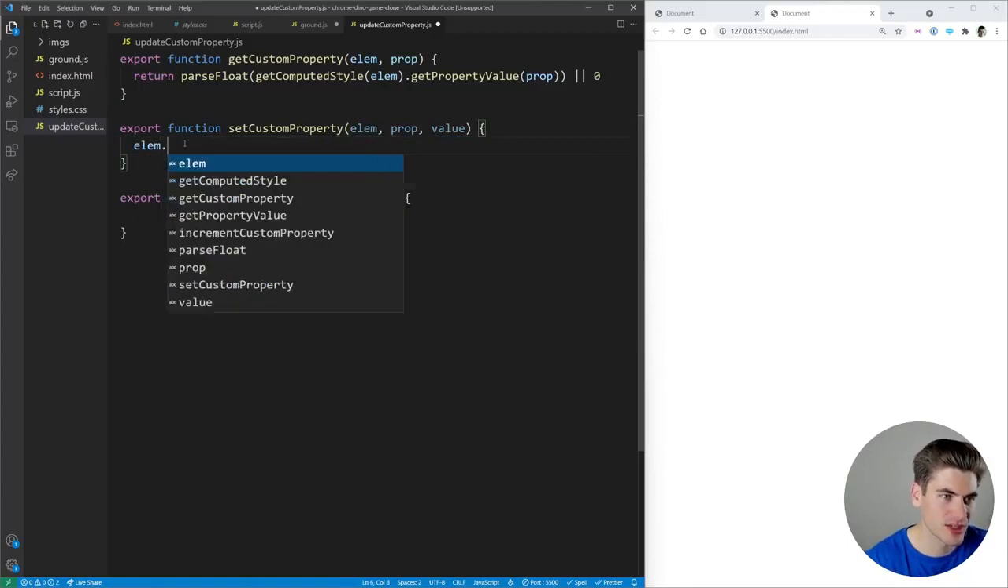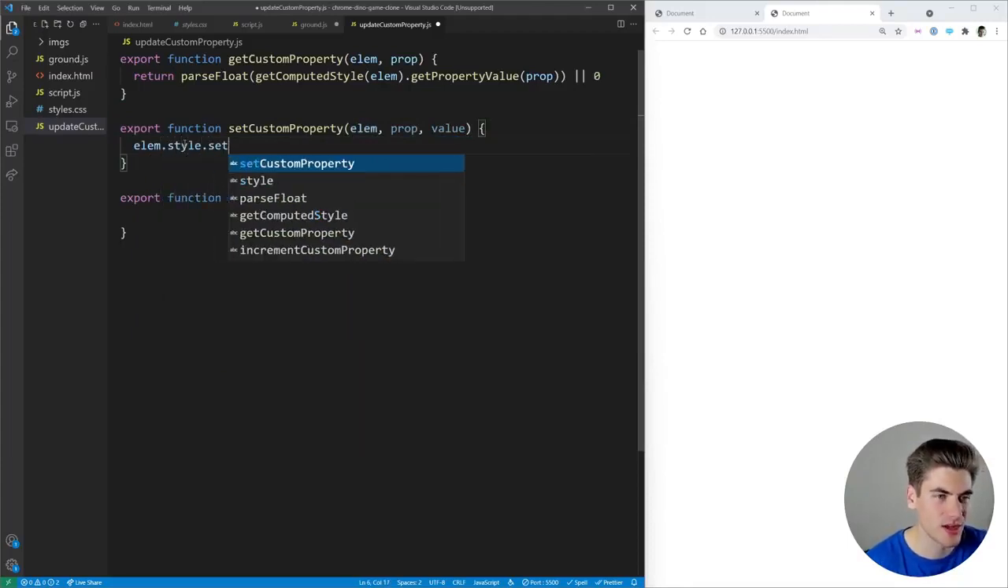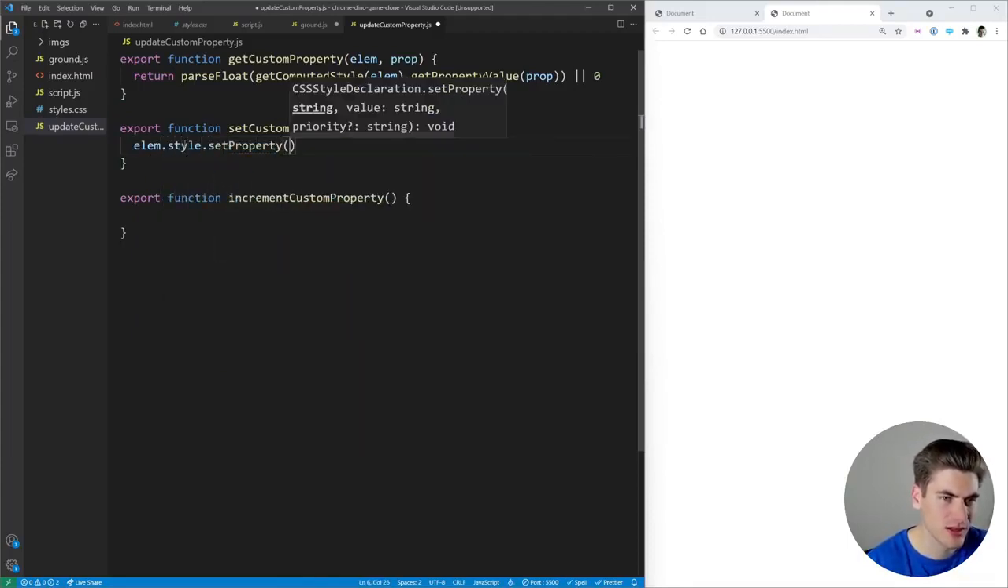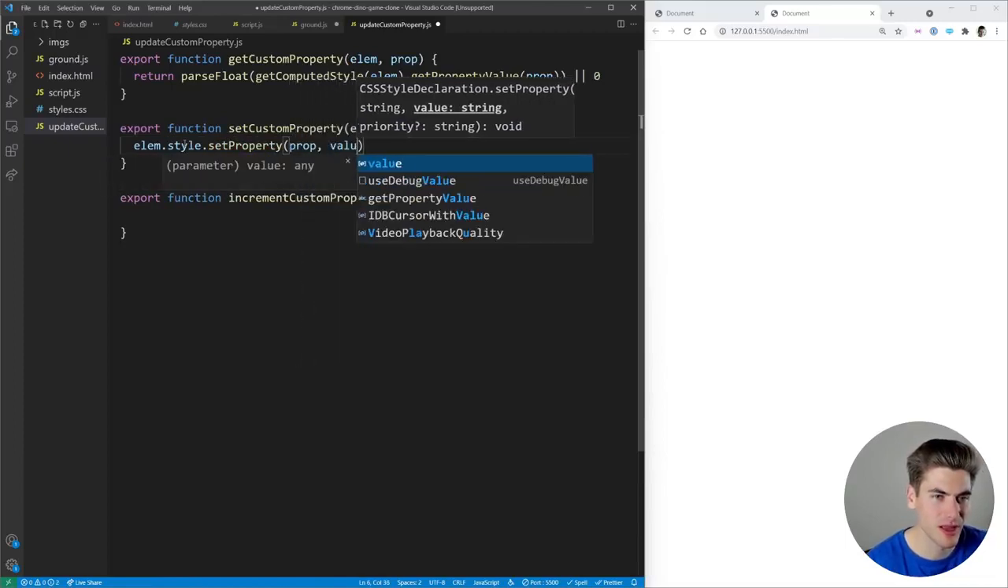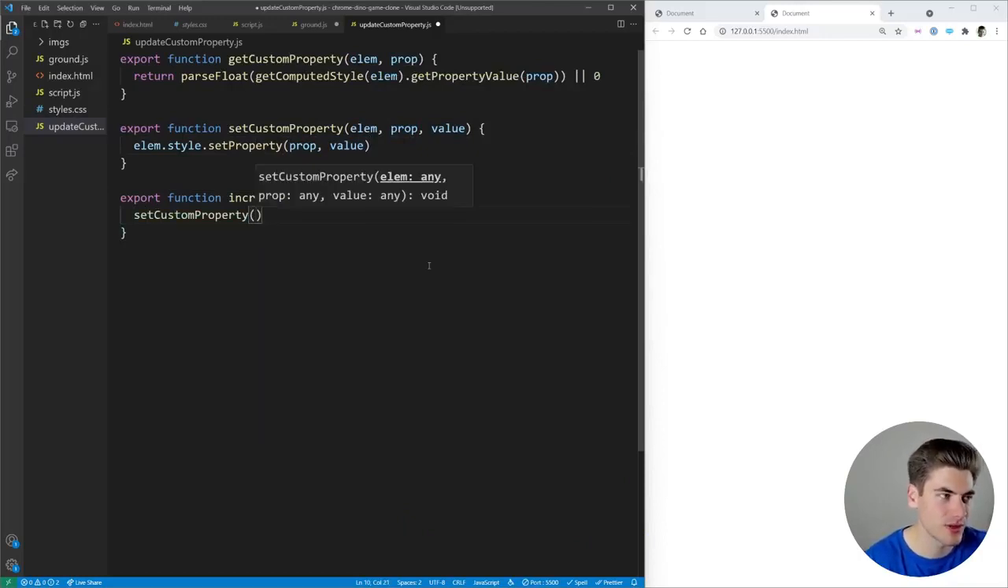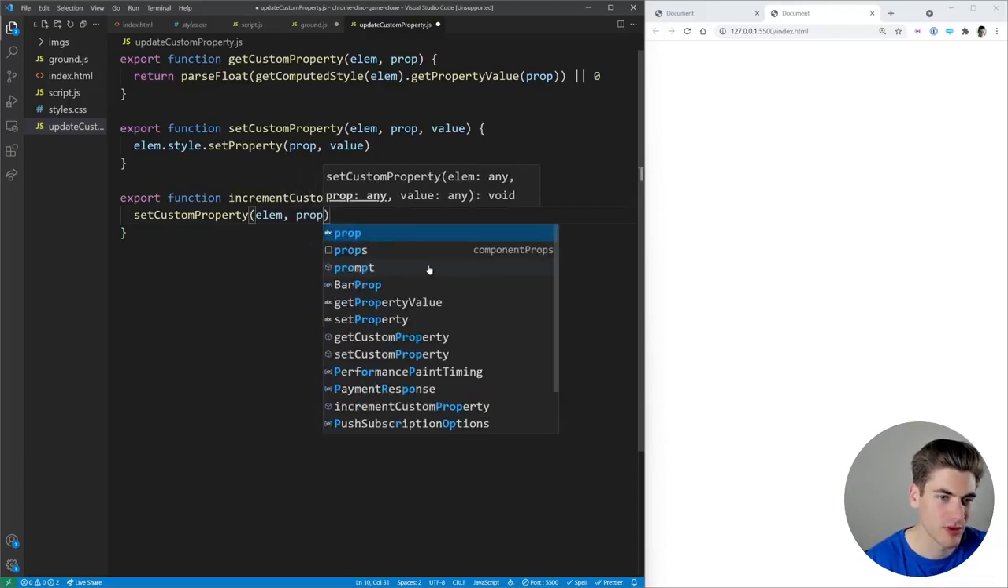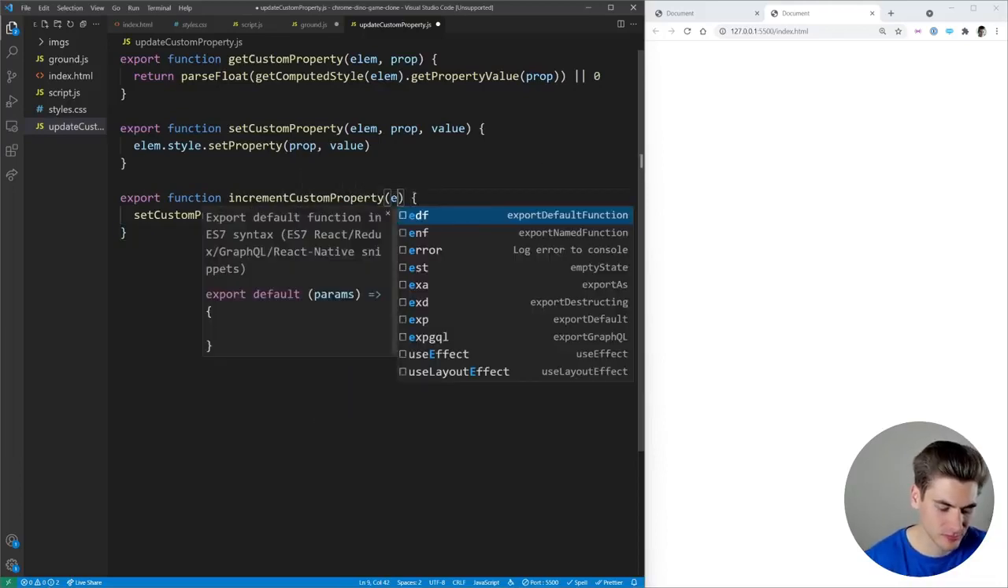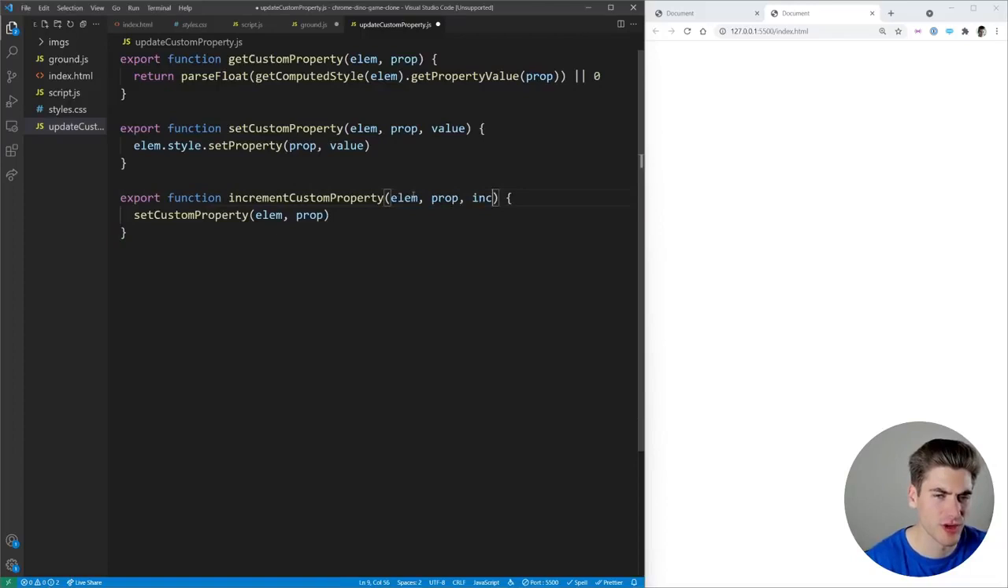And here, we can just take the style property of this, and we can call the set property method. The set property method takes in our prop and our value. So this is like --left, and this would be 7, for example. And then increment custom property just combines these two together. So we can call set custom property with our element and our prop, which of course we're going to pass in here,